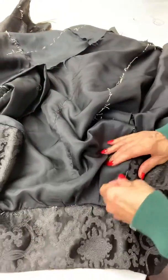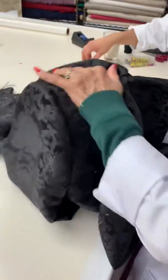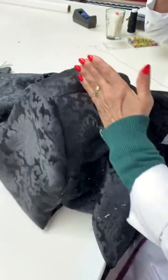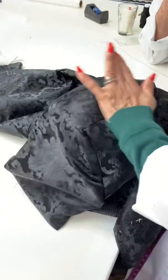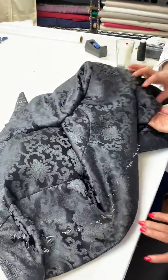Again, we go back and we try it. Test it to see if it's good. Yes, it is good. You can go ahead and press it at the presser right in here, but you cannot get close to around here. Like here, if you wanted to, you can put a little bit of steam right there, but don't get close to the line of the seam. That is good. Do go ahead and do the other one, then we learn